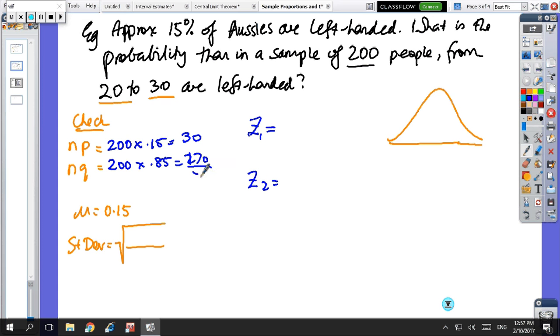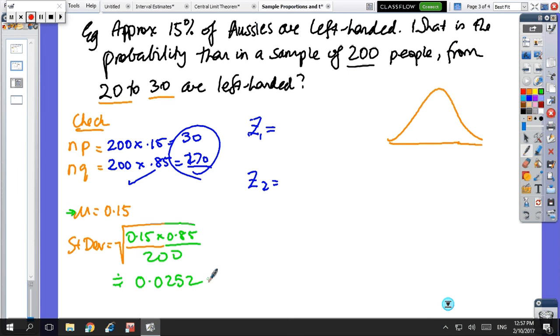There's my 200 people. Both those answers are bigger than 5, so we can progress on. Okay, so the mean is 0.15, and the standard deviation is the square root of 0.15 by 0.85 over 200, and according to my calculator, that's